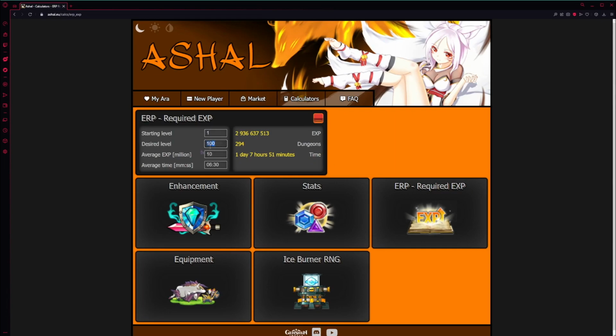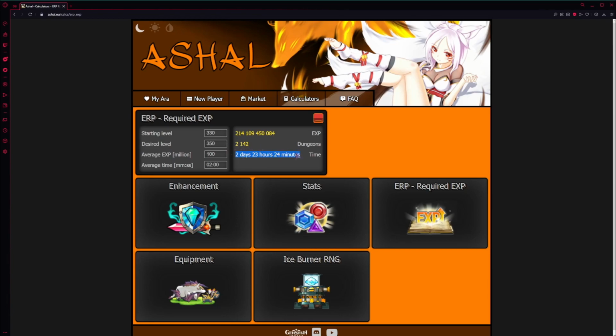So let's say my endgame goal to do my 15.6 DPS run is 350 ERP. You put in your average EXP in millions, which I have like around 100. My average runtime, which is, let's go with 2 minutes, will be generous. And this will tell you how many dungeons you have to run. I'm using Trosh, but you can always use like Plagueis, or some other dungeon, if you're low level, to run and farm XP. There you go. You can use this to see how many days and hours and whatever.